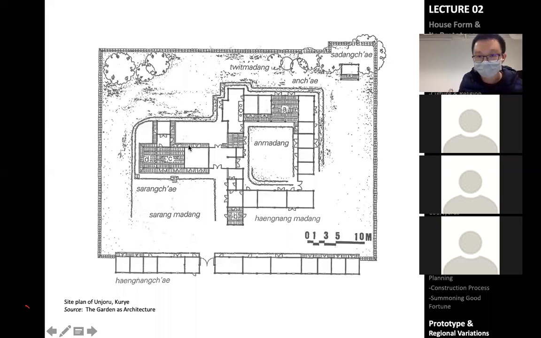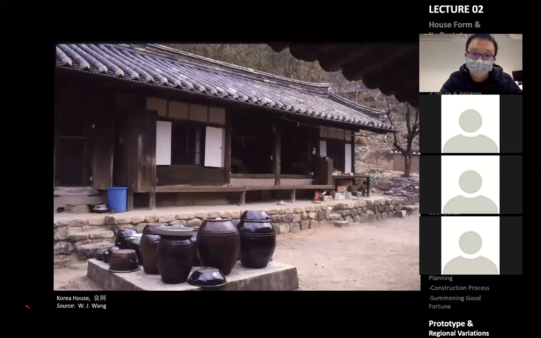So how this kind of arrangement can facilitate their lives. And this is one of the courtyard houses. You can see the similarities and difference with Chinese courtyard houses. So this is basically what we will introduce